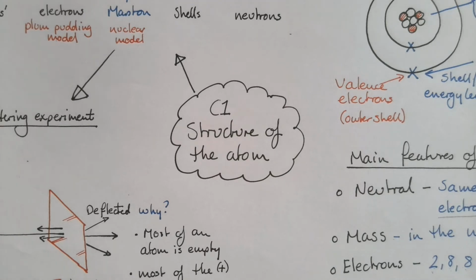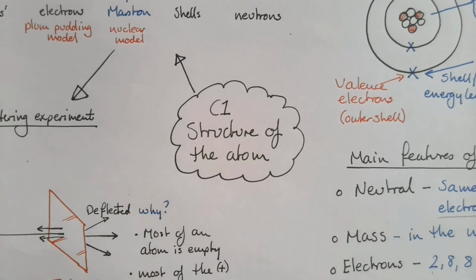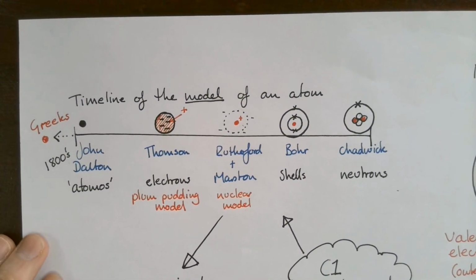Okay, this is your overview of the C1 topic, structure of the atom. This is lessons 4 and 5. Let's start off with looking at a quick timeline of the model of the atom and how it's changed from